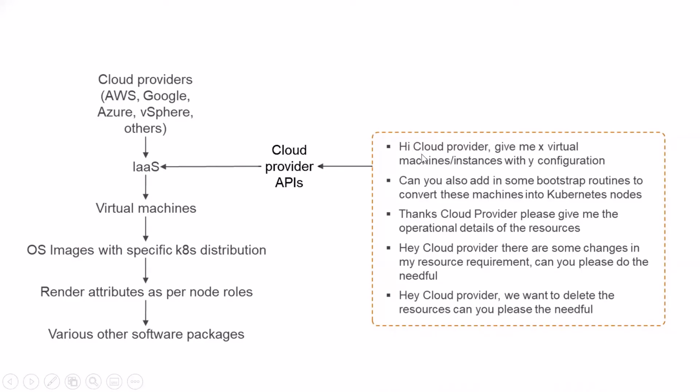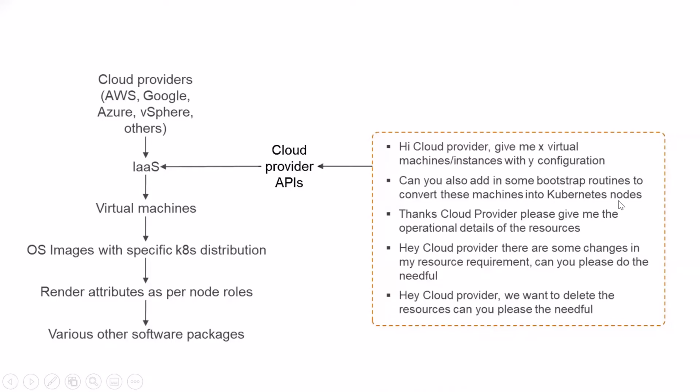So the point is, can there be a uniform method to do this? Because the end cloud providers are different. They all have their different APIs, but I still need a uniform method to do that. And let's assume that we are able to streamline this uniformly. Then can I also speak to those via the same APIs, to these IaaS routines, so that once the virtual machines are created, we can add some more Bootstrap routines to bring up those machines